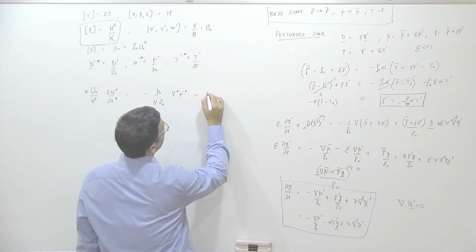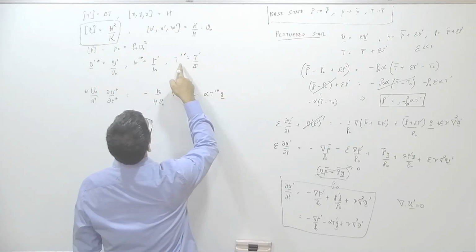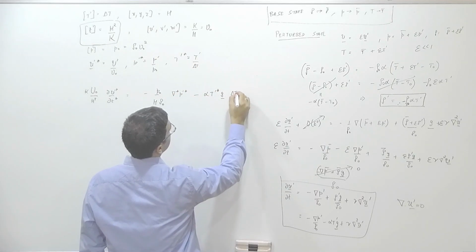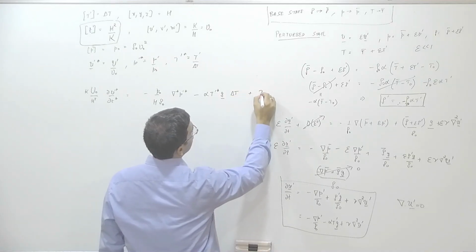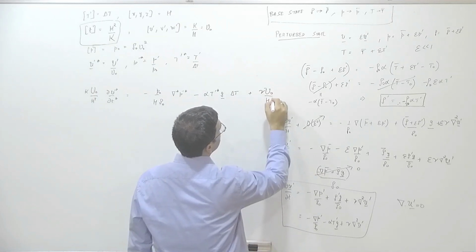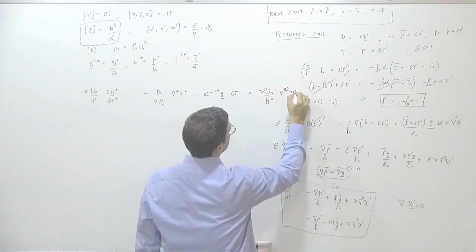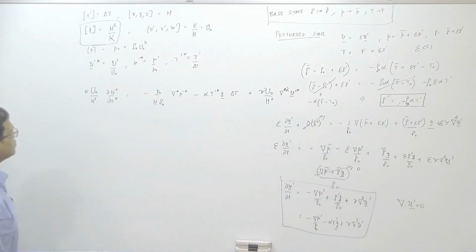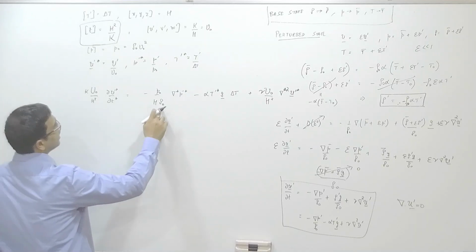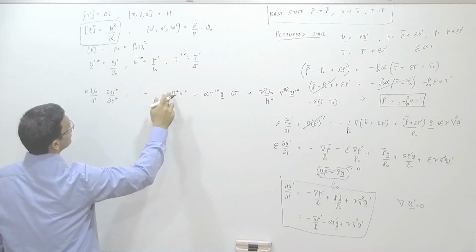So, minus of alpha t prime star g and then a delta t plus nu and then a u naught by h square del star square u prime star. Now, p naught is rho naught u square, okay. So, this guy is rho naught u square,